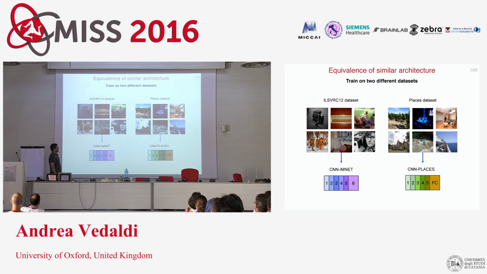Now, we can play this game even harder. What we're going to do now, which is possibly more interesting, is train a network on ImageNet, and then train a second network on a different data set. Now we want to see whether we're learning the same sort of stuff from two different data sets or not. ImageNet contains objects, and the other data set we're going to use here is the Places data